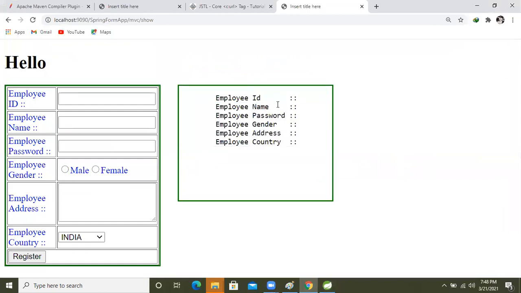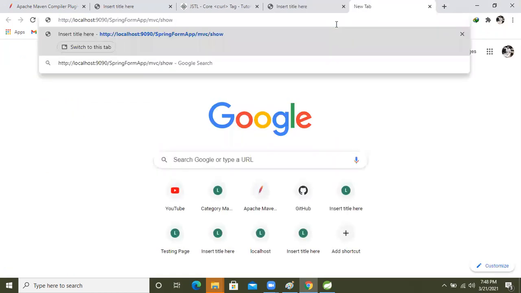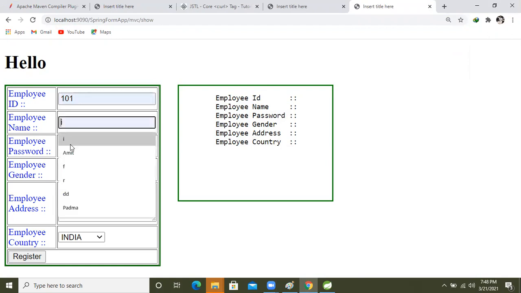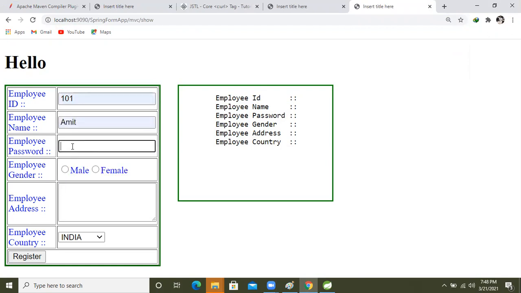See, there is no data, right? If you want, copy this, open the next tab and paste it here. Then put the data: 101, Amit, a password, mail, then address, India. After this, register it.